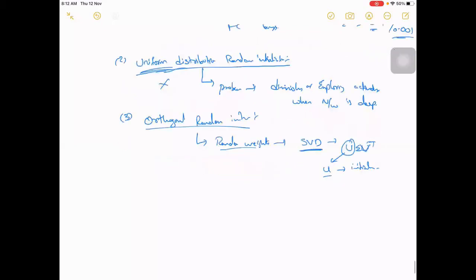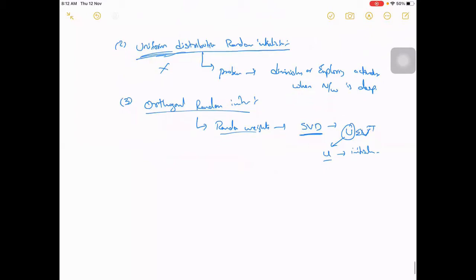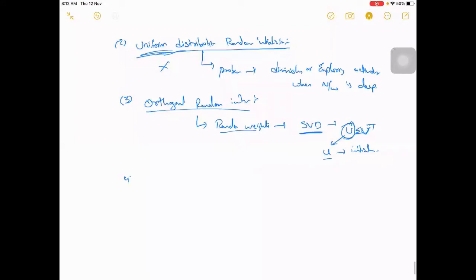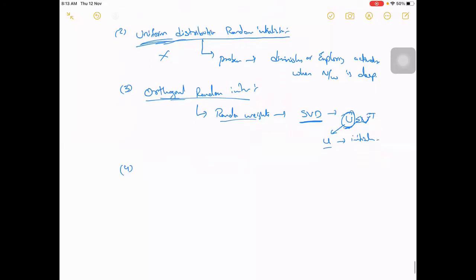Okay, so this is one method, but even I don't know why. What is the significance of doing it this way? Maybe one thing is that the rank will be good, like you'll get more independent values or something like that. I'm not sure, but you will get more orthogonal vectors, so maybe that may help in getting better weights. Okay, so I'm not sure.